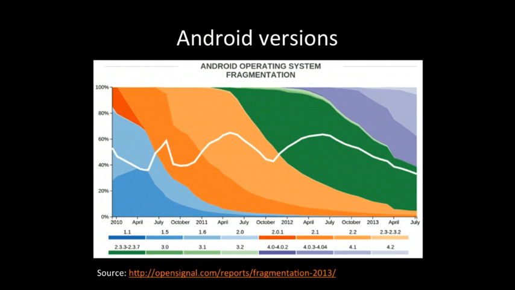What this means is we have a problem called fragmentation. There are a lot of different versions of Android in the field and a lot of different hardware versions and different hardware functionality. And that can sometimes make it a little difficult from a testing perspective. I'll give you some hints and tips on what you can do to solve this as we go on in the webinar.